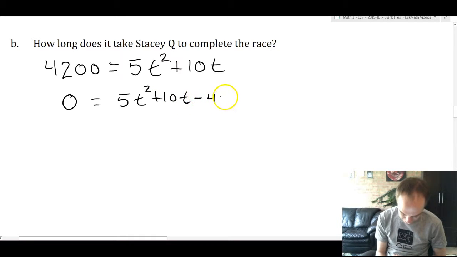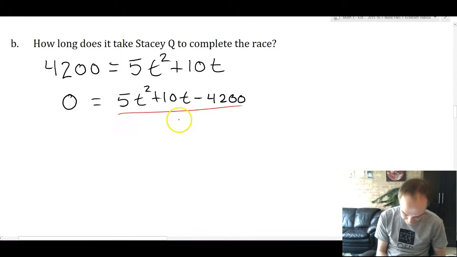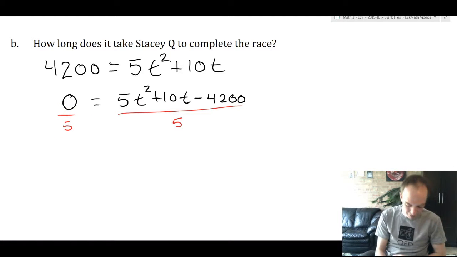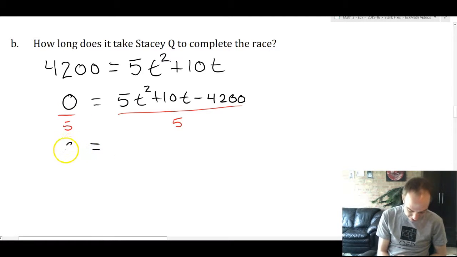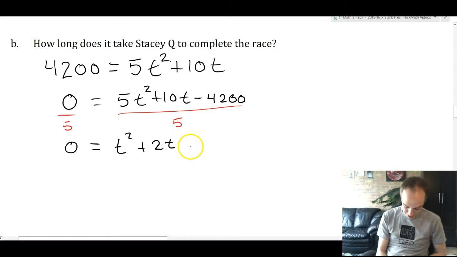minus 4,200. And then we're going to divide everything by 5, and you have to do everything by 5, including the 0, by the way. Everything is divided by 5. 0 divided by 5 is 0. We're going to get t squared plus 2t, and 4,200 divided by 5, well, 4,200 divided by 10 would be 420, so this is going to be minus